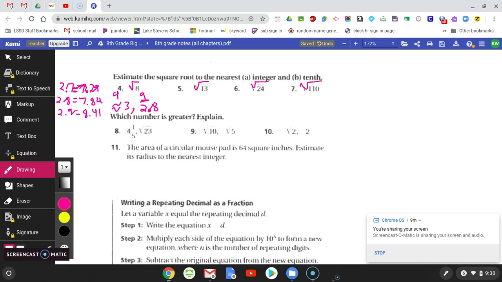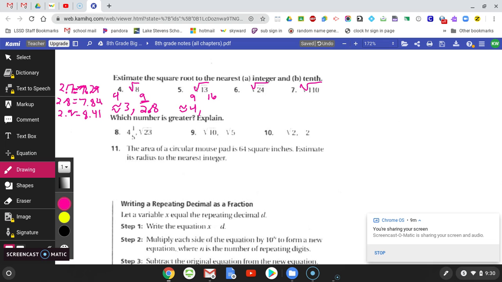Okay. So let's try number 5. So 3 times 3 is 9, and 4 times 4 is 16. So between 9 and 16, we can see it's going to be the closest to 16. So we can say it's approximately 4. And then we need to figure out how close to 4 it is. So let's try 3.7, for example. So if I do 3.7 times 3.7, that gives me